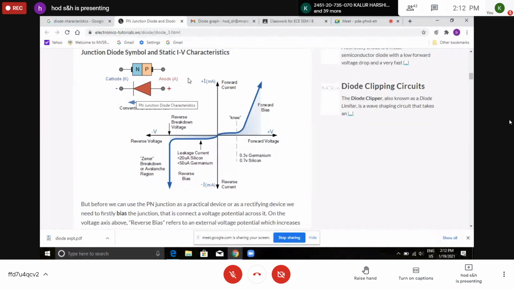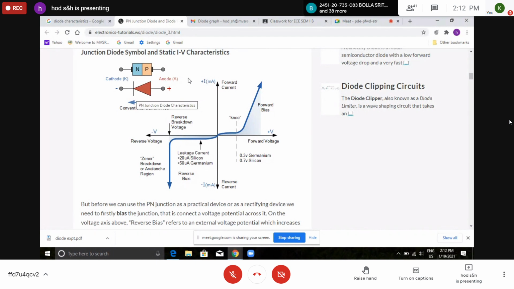If the n-type is connected to the positive terminal and the p-type to the negative terminal, this arrangement is called the reverse bias arrangement. Under reverse bias, the holes are attracted towards the negative plate and the electrons towards the positive plate, so the depletion region becomes very thick. No charge carriers are available in the depletion region. When a relatively very high voltage, known as the breakdown voltage, is given, a small number of carriers may become available in the junction region, and you will get a small current in the magnitude of microamperes.